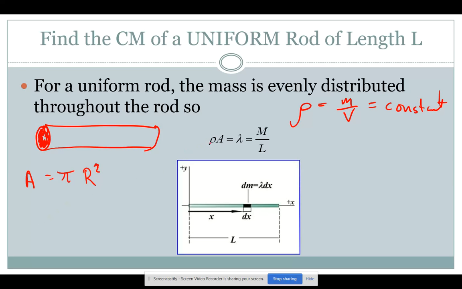And so my density times area is going to be the actual mass per unit length. We'll call the mass per unit length lambda. And so then we'll put dm is equal to lambda dx. I said sigma twice, but it's lambda. So that's just